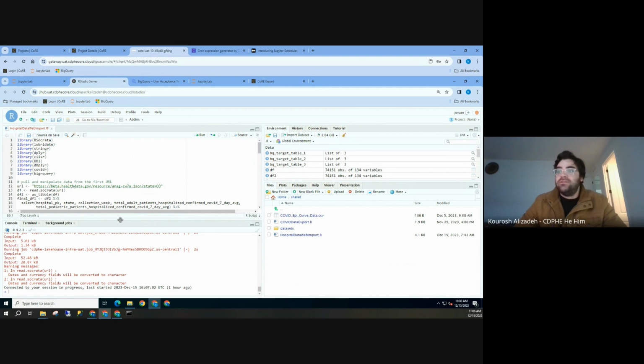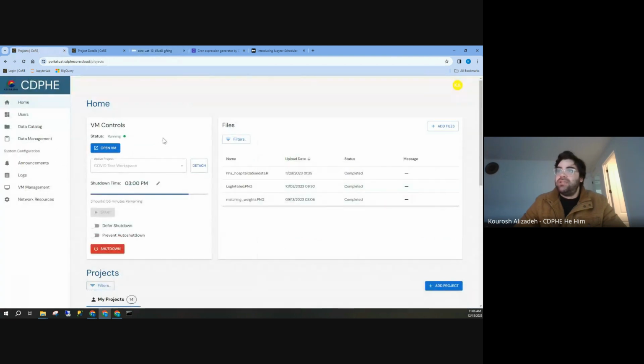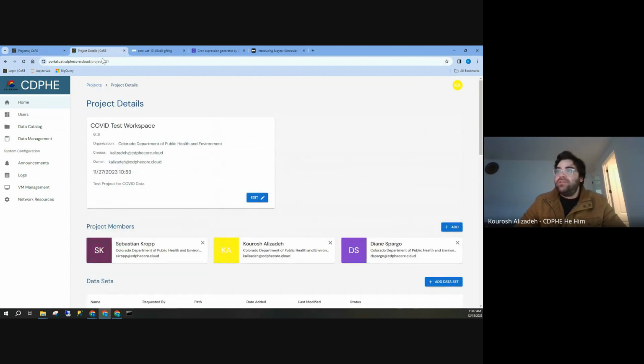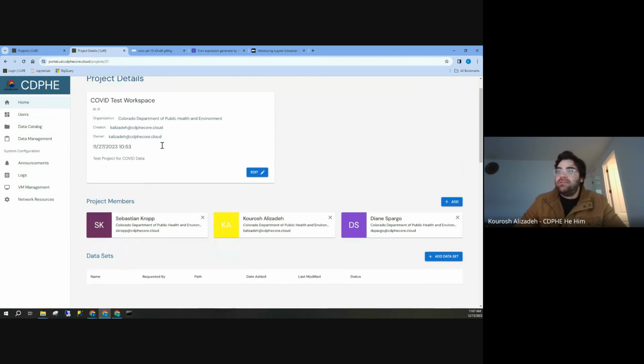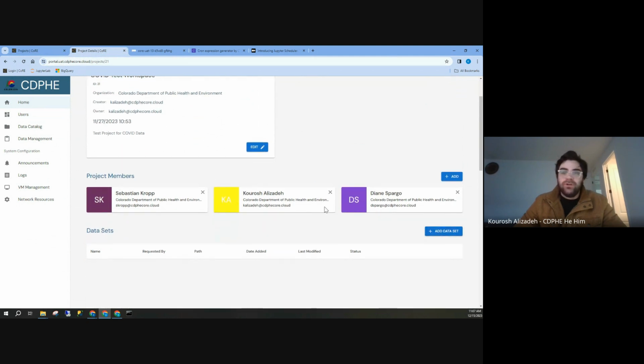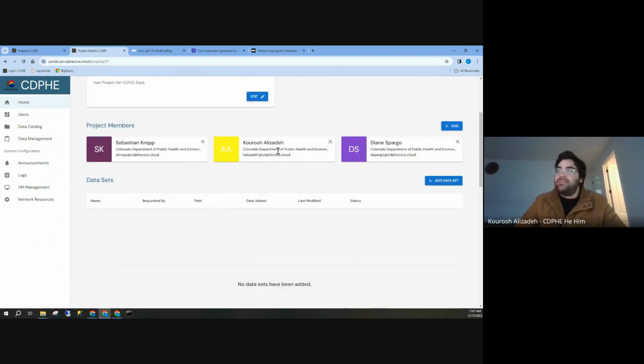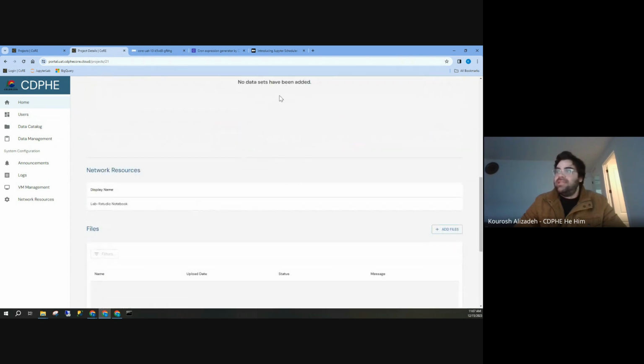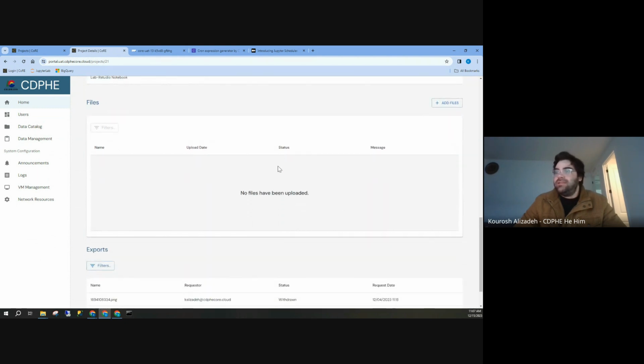All right, so this is also, I should mention, shared. Over here, you can see there's a file structure and one of the folders is shared. This file structure corresponds to a project in Core. So I've got an active project on my virtual machine. That's the COVID test one. And over here, you can see the COVID test workspace. I've added certain people to it who can work on it with me. They can now attach it to their own virtual machine. These data sets are like external files you can upload there. You can upload other files directly as well.